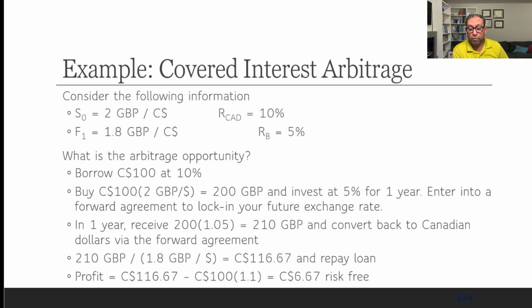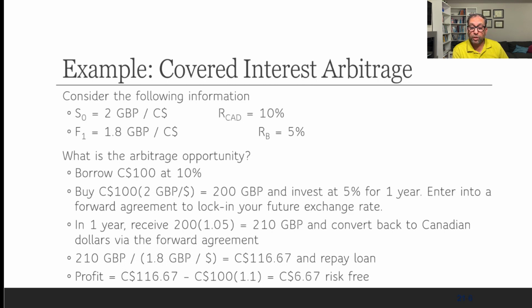What we have to do is pay the 10% interest on borrowing of $100. So how much do we have to pay? We have to pay $10 as interest. So 116 minus 10 is 106. And we also have to pay back the principal, which is $100. So what is left with us is $6.67. So you see, we earn $6.67